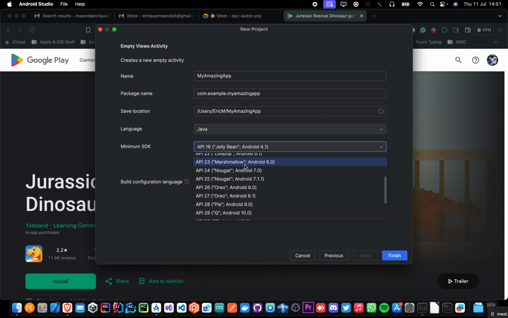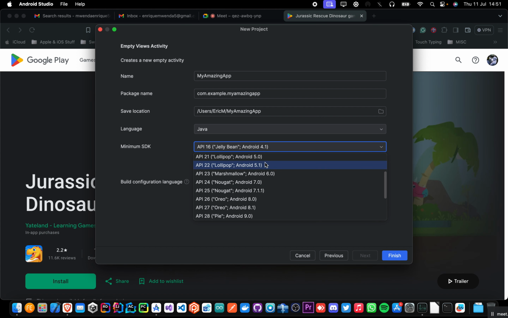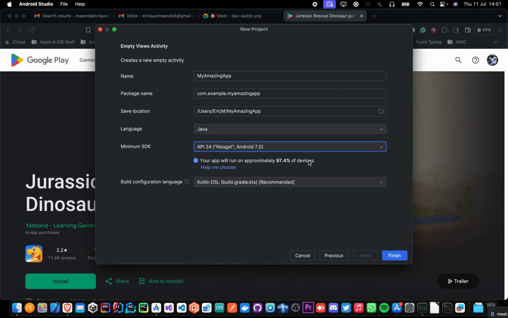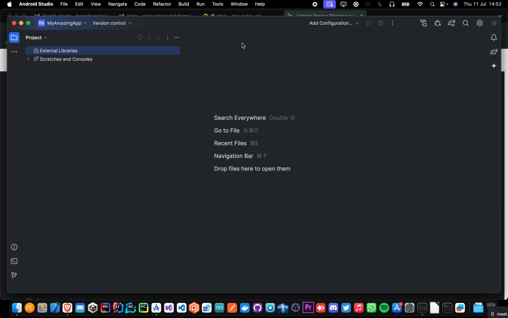So Android Studio just picks a recommended one for you. The one that was recommended was Android 7. And it will give you some of the most recent features, and I've said some, but not all. And it will also ensure that your app will run on quite a huge chunk of devices out there. And what I'll do is I'll click on finish. So my app will be named My Amazing App, and click on finish. After I click on finish, Android Studio will start building my app with Gradle,